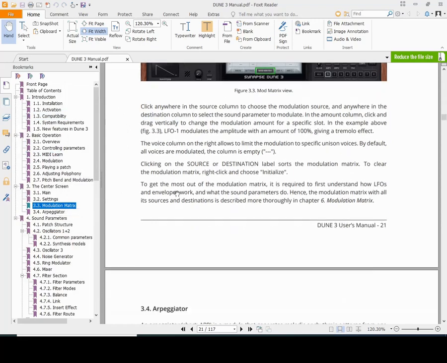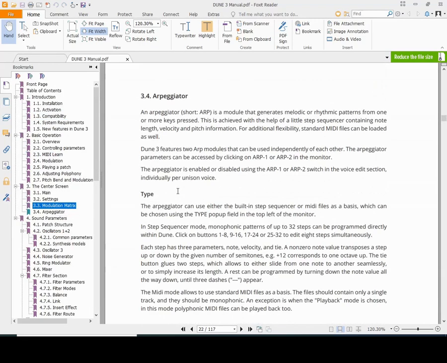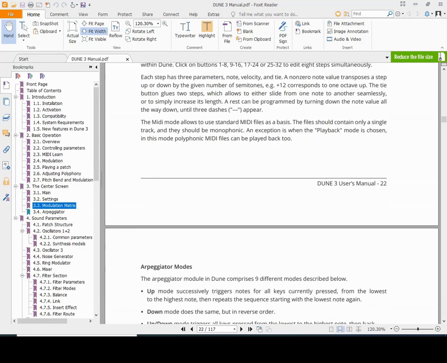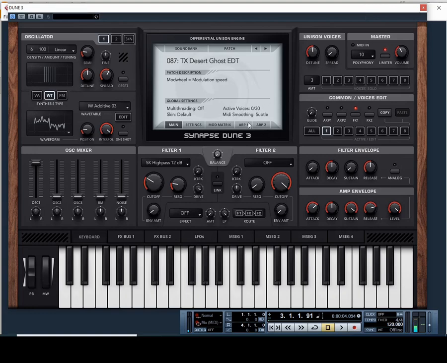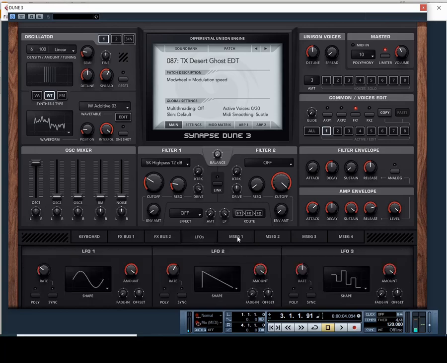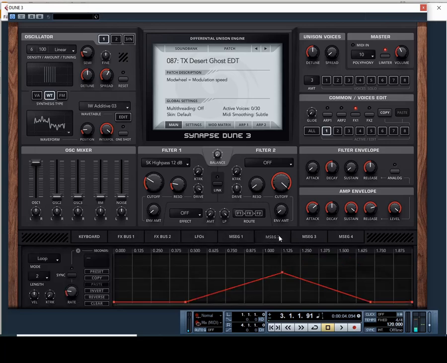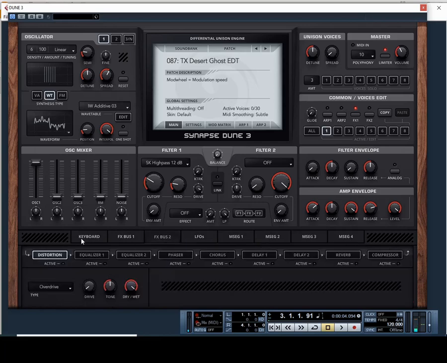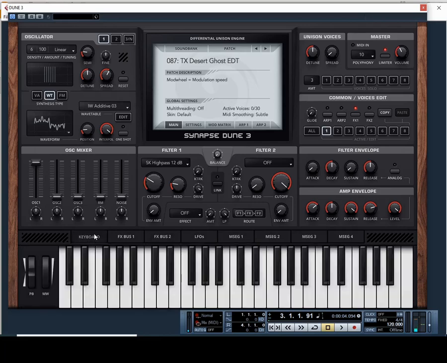Yeah, there seems to be quite a lot in there, quite an in-depth manual, which suggests there's probably quite a lot more to it than what you see on the surface here. Got some other tabs here with FX bus and various things, which I'm not quite sure what they are. But yeah, I don't believe, I didn't find a standalone version, so you have to use it in your DAW,